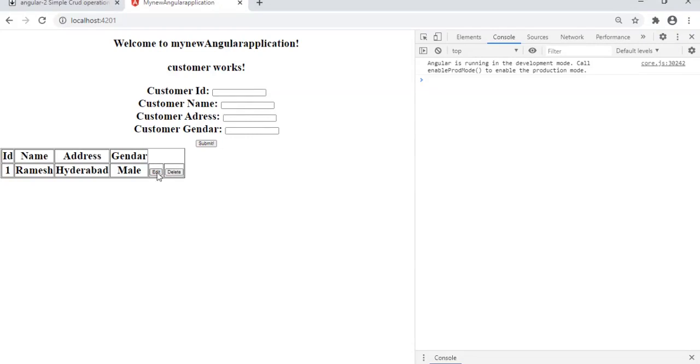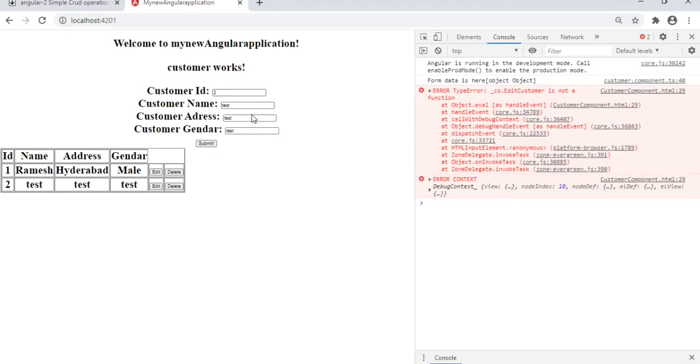If you click on an edit button, we need to get this customer object and populate the information into the controls, the text boxes. And we have to differentiate whether it is a delete, an update, or an addition operation. I'm adding a second item, test test test. If I click edit, it should display the test information in the controls. If I click first row edit, it should display the first customer information. Let's implement that logic.